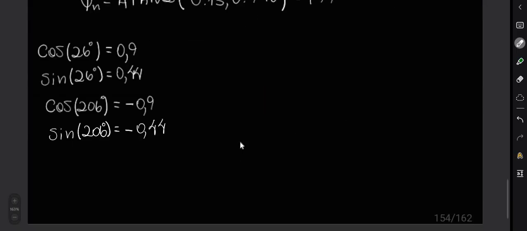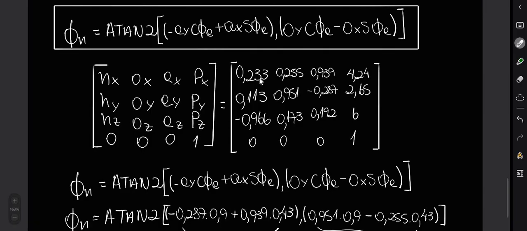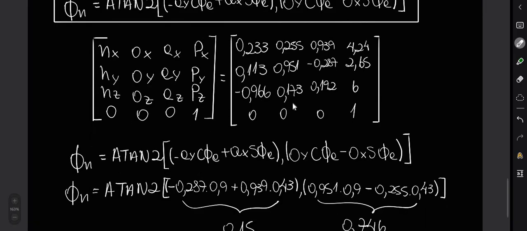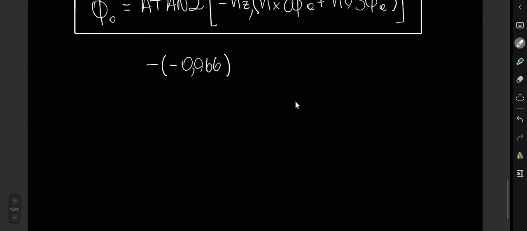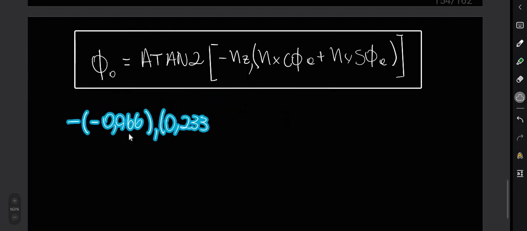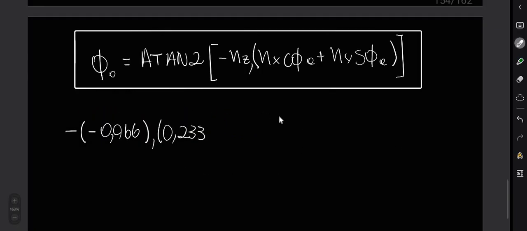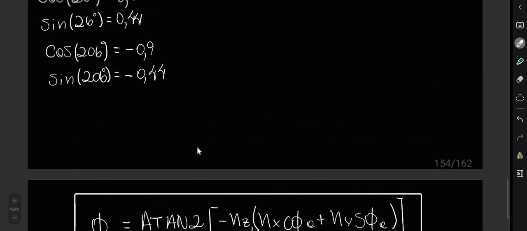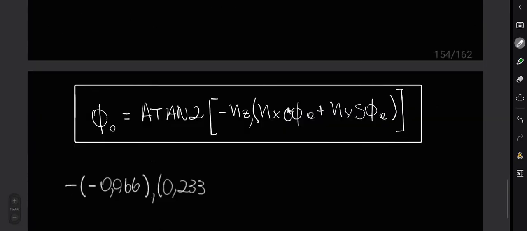Okay, nx is 0.233 and cosine of phi A is 0.9,